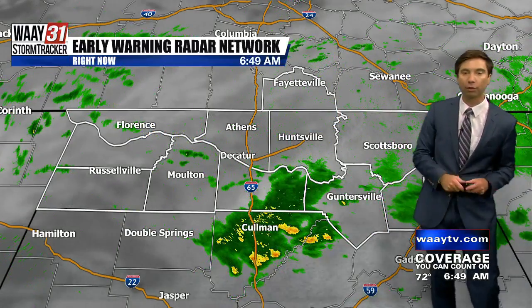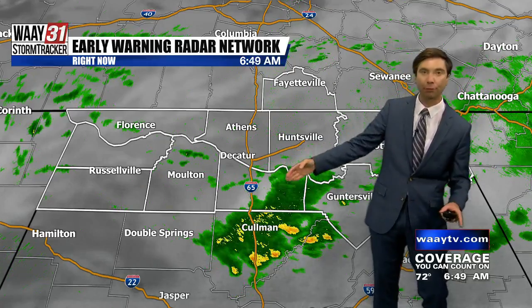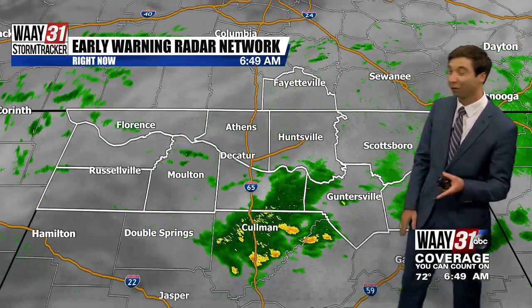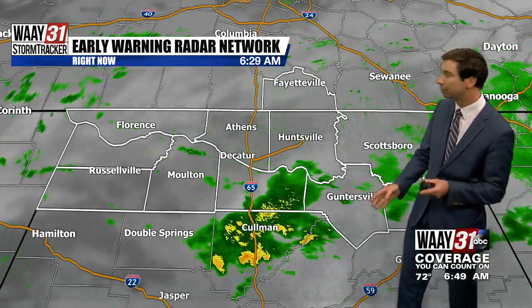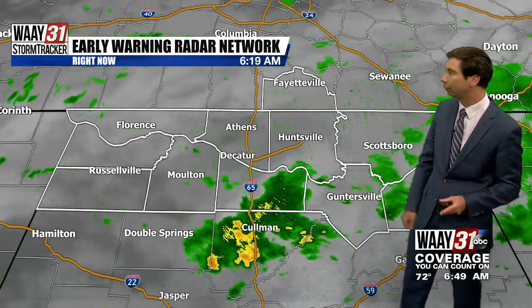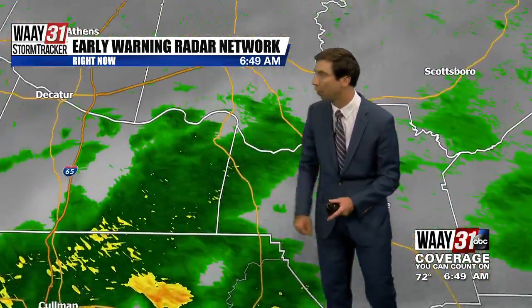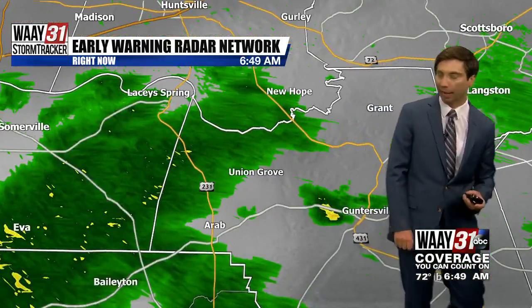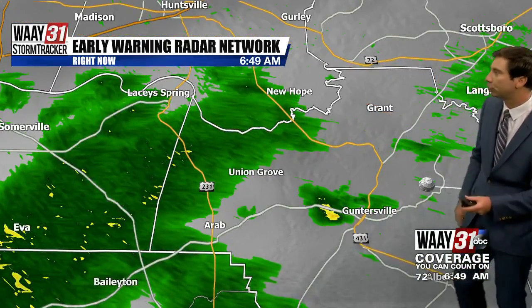On the WAFF 48 Storm Tracker early warning radar network, this has been the big batch of heavy rain with some embedded thunderstorms that I've been keeping an eye on for about 3 to 4 hours now. Again, that slowly continues to drift to the east. It is weakening some, but still that threat for a few embedded lightning strikes. And we're also starting to see some pop-up showers developing throughout parts of Lawrence, Colbert, and Lauderdale County. But that's where we're seeing most of the steady rainfall, kind of a pop-up shower just to the west of